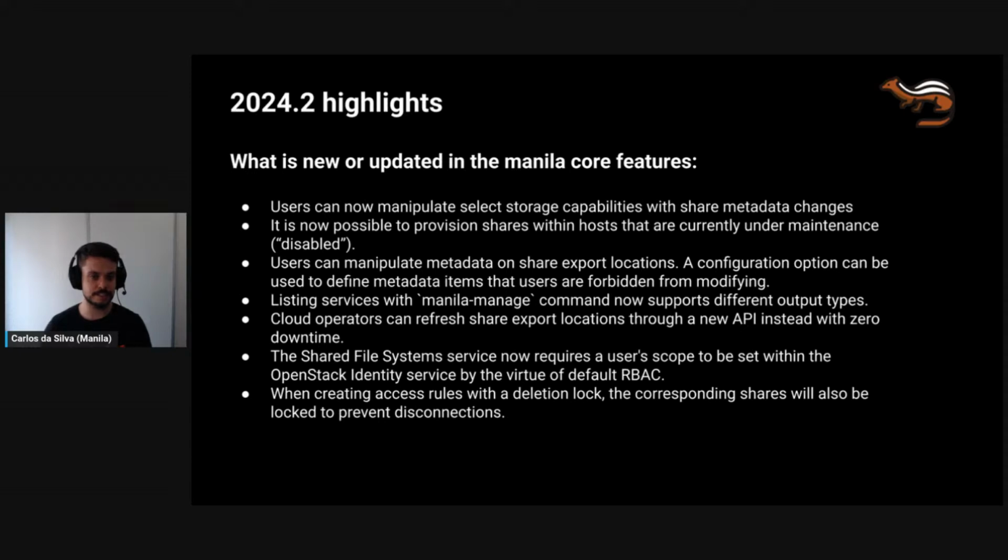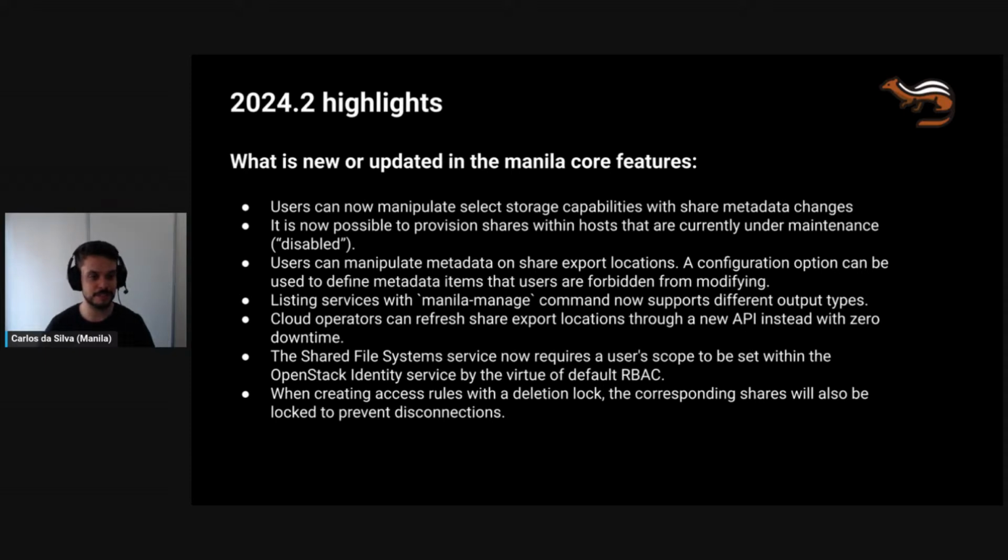Another great update is we've implemented a feature that allows provisioning shares on hosts that are currently under maintenance. So we have some share services, and sometimes there's a chance that they are under maintenance, but that doesn't mean they're down or there's no connectivity to the backend. It's just the operators trying to signal that some of the requests shouldn't go through. But we didn't allow forcing the request to go to those backends when they were in the disabled state. But now it's possible. You should just use one capability that we call only host. And it will send the request directly to that specific backend. And it's a great